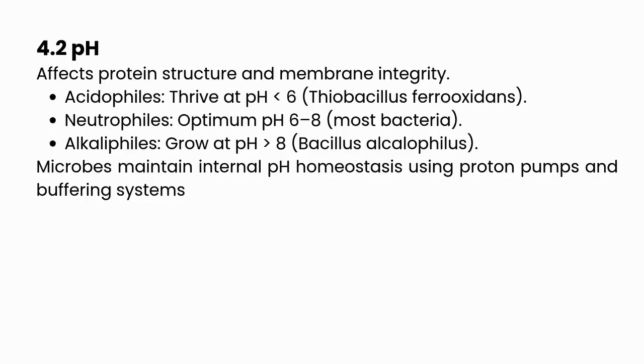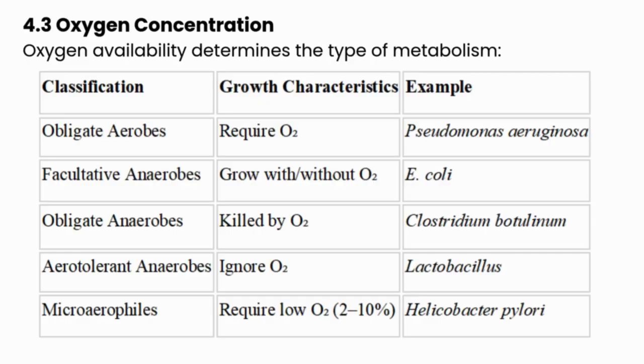pH affects protein structure and membrane integrity. Acidophiles thrive at pH below 6, Thiobacillus ferrooxidans; neutrophils, optimum pH 6 to 8, most bacteria; alkalophiles grow at pH above 8, Bacillus alkalophilus. Oxygen concentration: oxygen availability determines the type of metabolism. Classification: growth characteristics. Example: obligate aerobes require oxygen, Pseudomonas aeruginosa; facultative anaerobes grow with or without oxygen, E. coli. Obligate anaerobes are killed by oxygen, Clostridium botulinum; aerotolerant anaerobes ignore oxygen, Lactobacillus; microaerophiles require low oxygen, 2 to 10%,